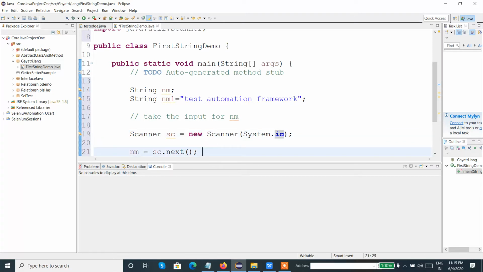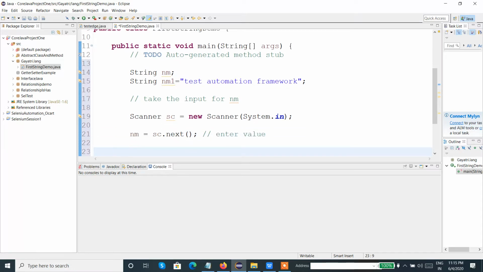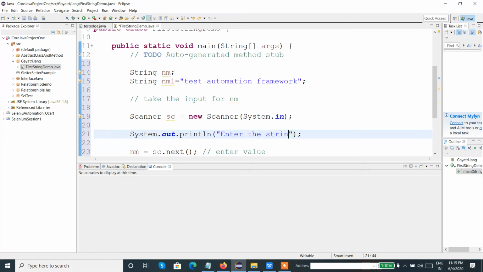Yes, so here we can enter the value. It will allow us to enter the value for nm. So let us give one string again, enter the string value for nm. Yes, now let me execute the code.